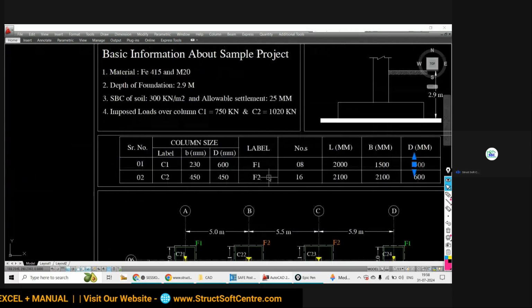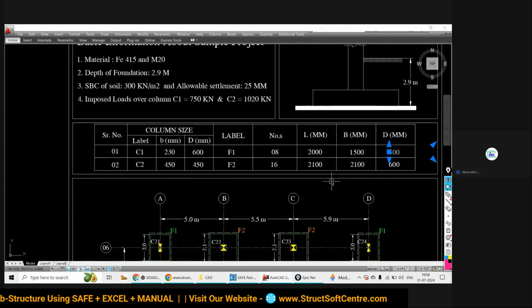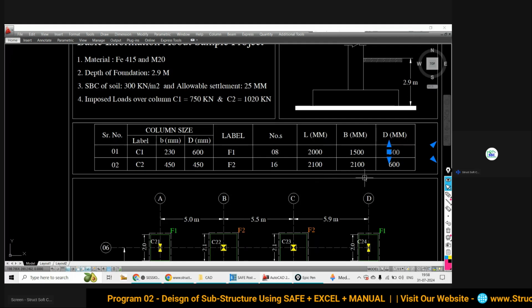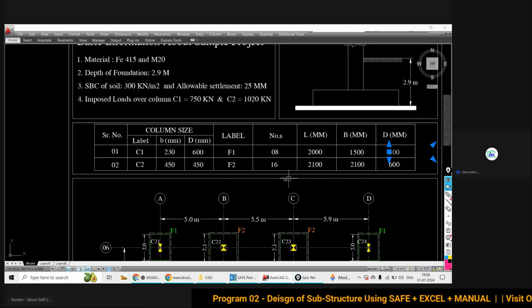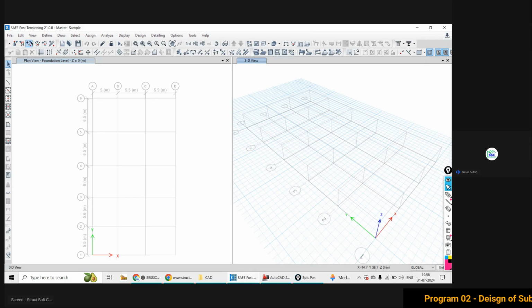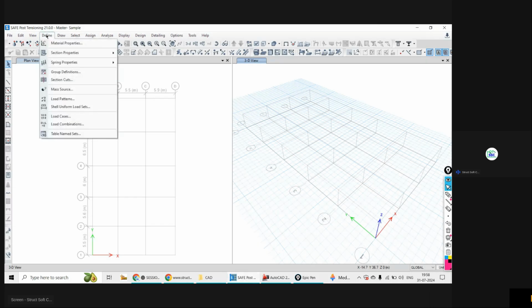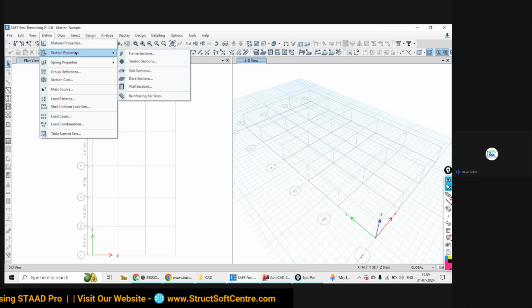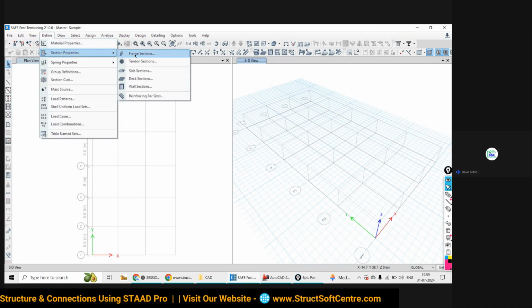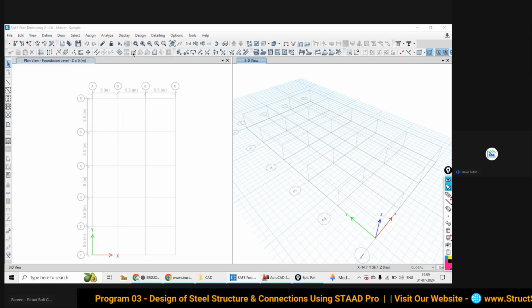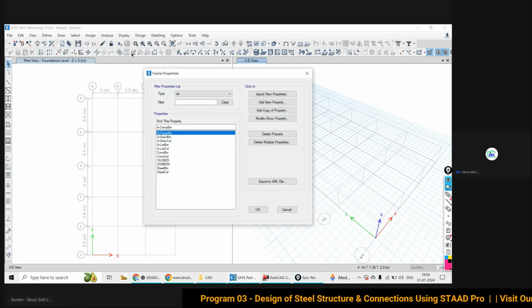Is there any beam? There is no beam, right? Is there any shear wall? No shear wall. Nothing else is there. We just have to model this footing slab and column. So for that reason, go to SAFE. Again, go to define section, and in define section you will find an option of section properties. यहाँ पर क्या आ रहा है आपका? Section properties. So I need to go to the frame section. Once you go to this frame, now try to understand.